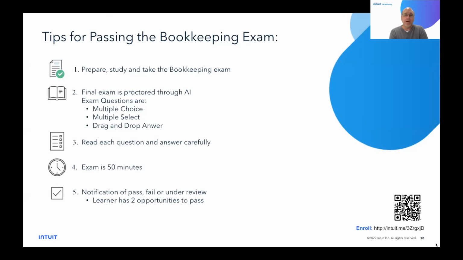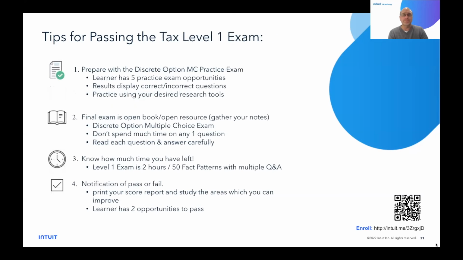If you need to brush up, you have 2 opportunities to do this. So you have another chance. And then if you need to brush up some more, you have to wait a 6-month period before you can take the bookkeeping exam again. That just preserves the integrity of the exam. We want you to pass, train you up, and get you really working with entrepreneurs, Intuit clients out there, real life in the field. All right, next slide, please.